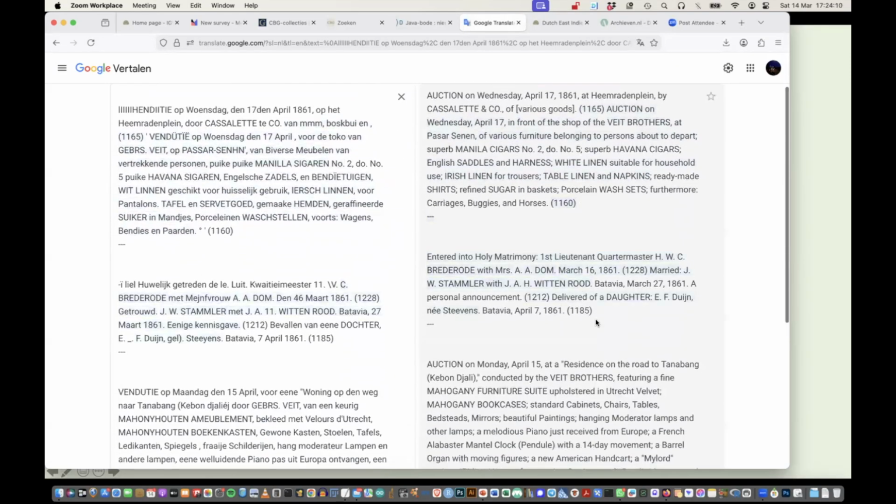And then you see indeed here entered into holy matrimony the first lieutenant quartermaster Brederode and Mrs. blah blah blah Batavia personal allowance delivered a daughter.